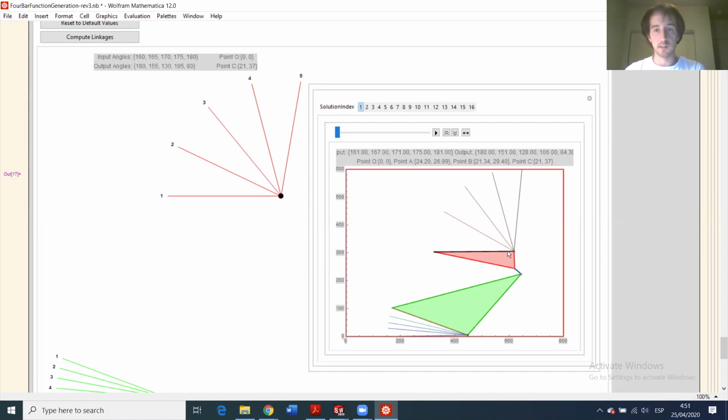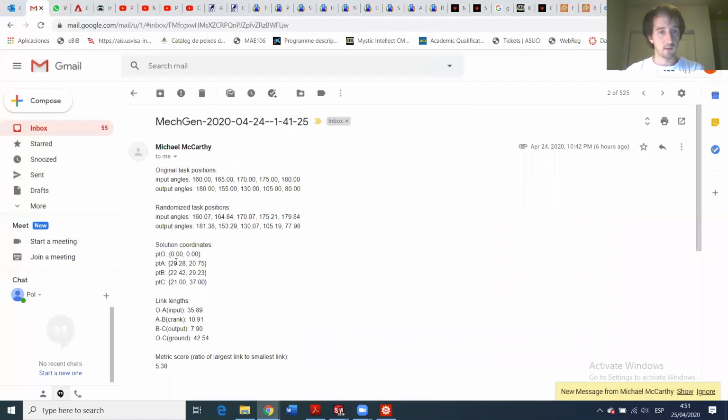2137, this is the position 21.34, 29.40. So if we set it to 0 by subtracting this distance, then we can know where this point should be. The same for this point here. So if the last point is at 2137 and the previous point is at 22.42 and 29.23, then we can know the position of this. So what we're going to do is